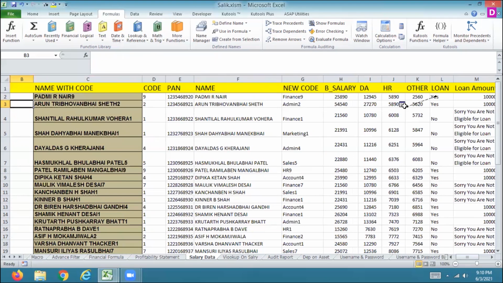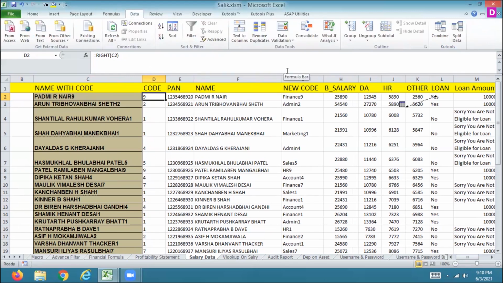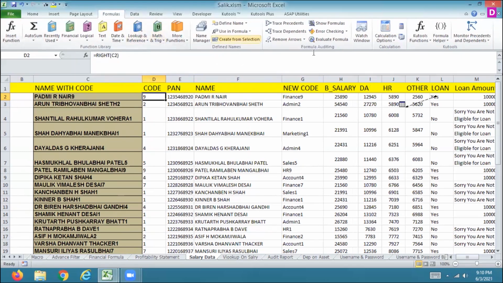So now you have to be clear about trace dependents, trace precedents, show formula, financial functions, SLN, SYD, all that functionality. We have to be clear about this one. For example, now we want to use the particular data, error checking and all this, we will have to clear